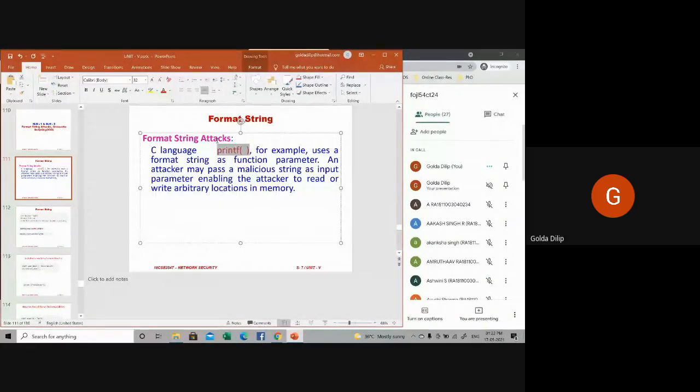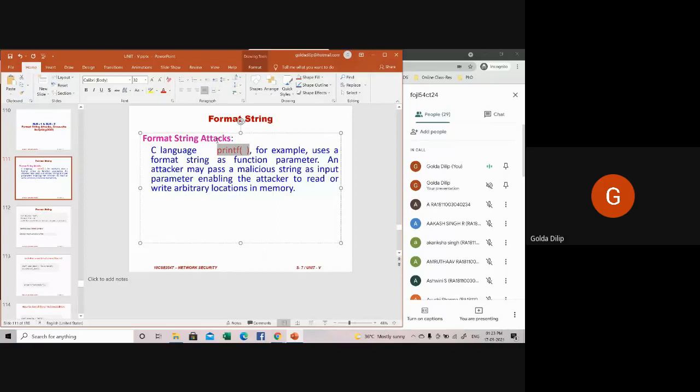Actually this printf is used to simply send an ASCII string to the standard output, that is stdout. But then you can have some parameters associated with it. To insert values into an output string, you use format specifiers. All of you must be familiar with these.